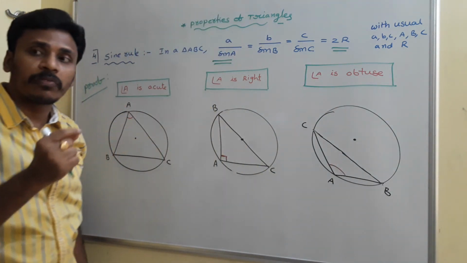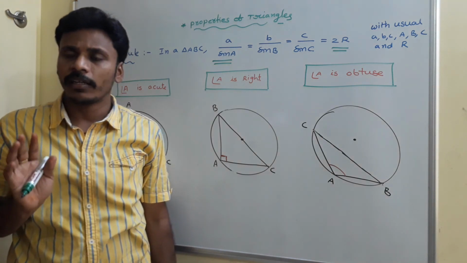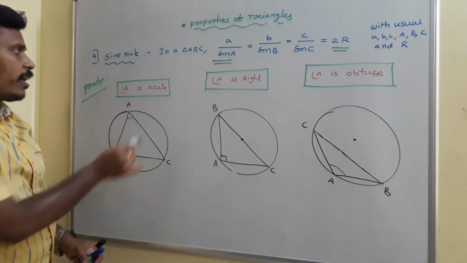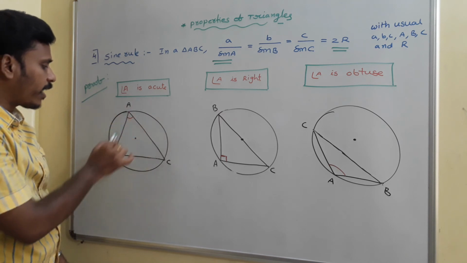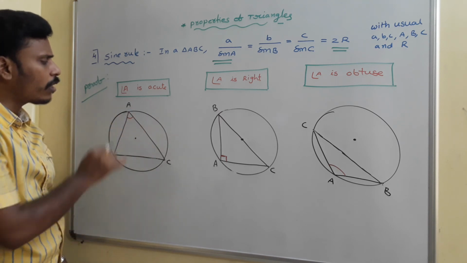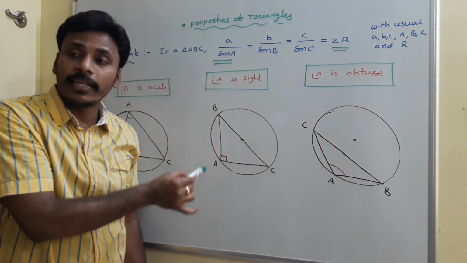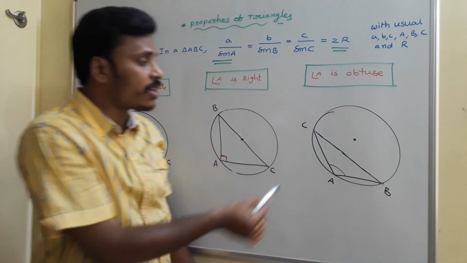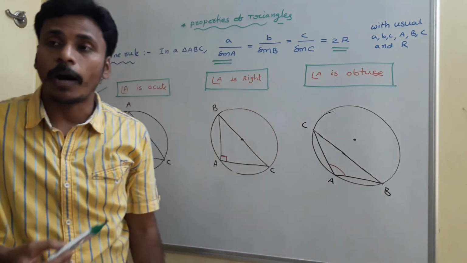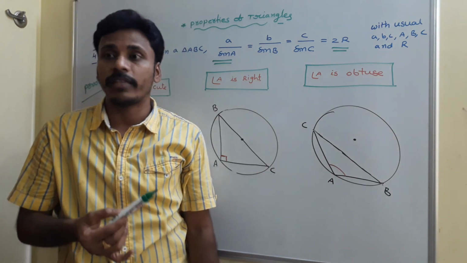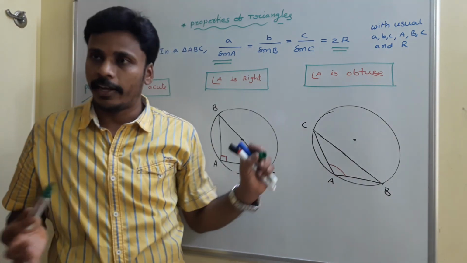Okay, first of all I am thinking about angle A. See, now look there. If angle A is acute, this is a triangle where all the angles are acute and automatically angle A is also acute. This is a triangle where angle A is 90 degrees, and this is a triangle where angle A is obtuse. I think you know that obtuse means more than 90. So this angle is more than 90, right?